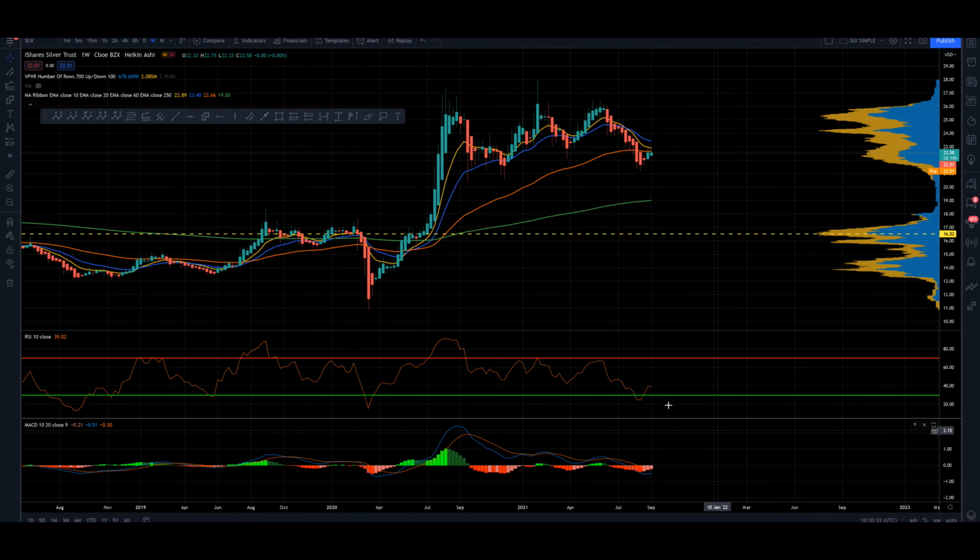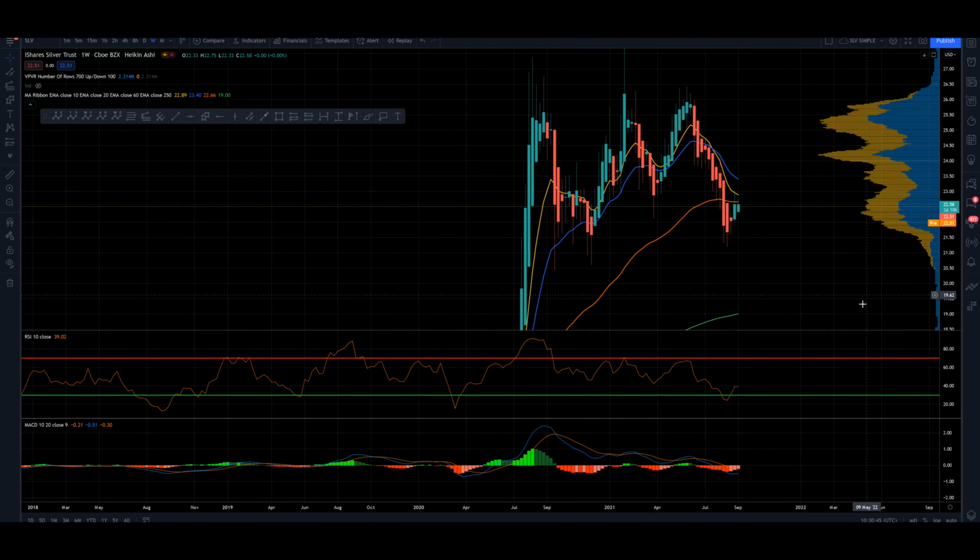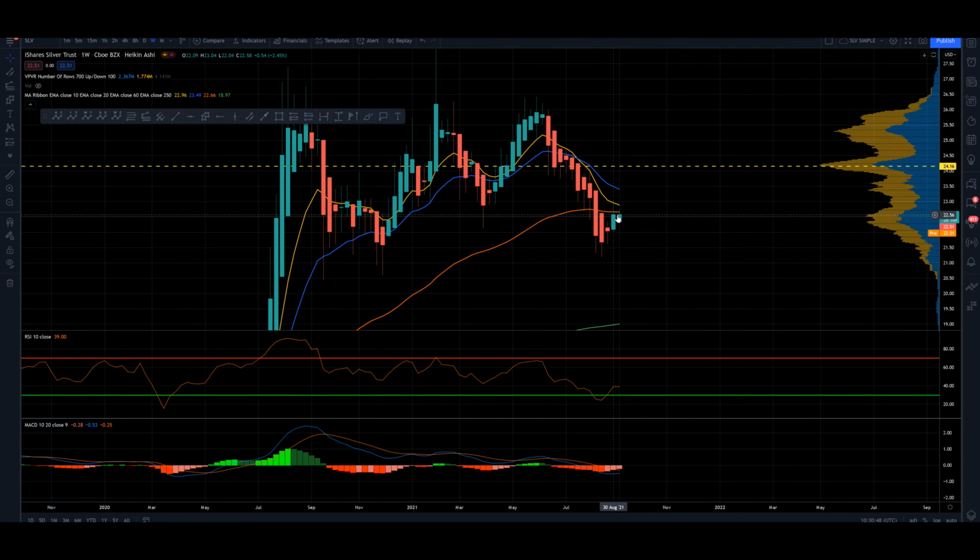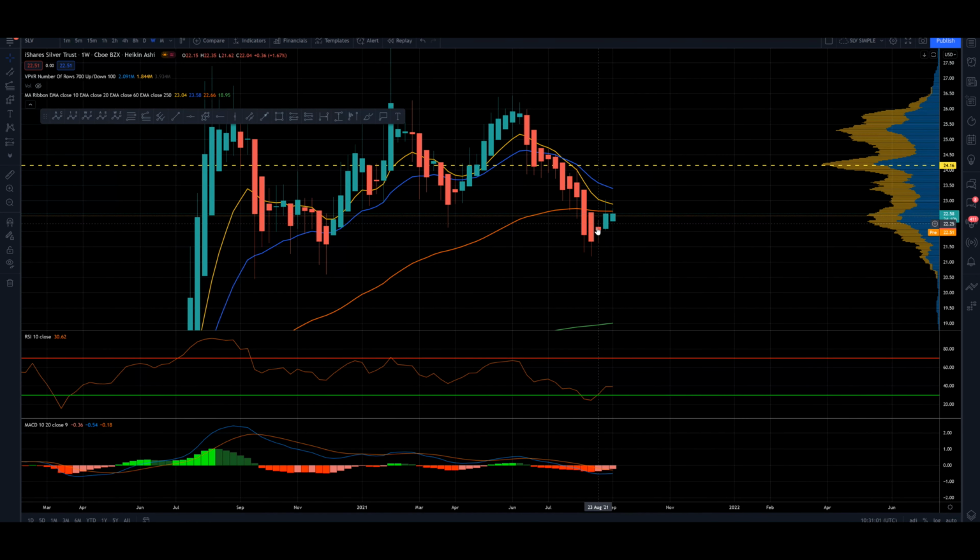Okay, so we're down in oversold conditions in the RSI. We're below the 60 exponential moving average. Here we are currently bodying 1, 2, 3, 4 candles for 4 weeks below the 60 after moving down. We've spiked up with the wick here, tested the 10, come back down. So if we're going to be rejected, and that is a corrective channel we were talking about, we will not break the 60, I don't think, here, or the 10, and we will roll over from here.